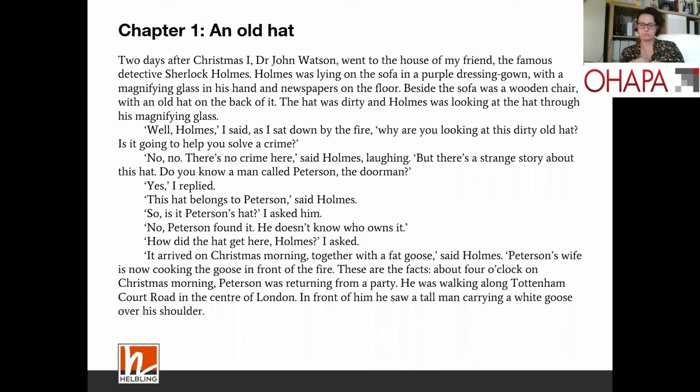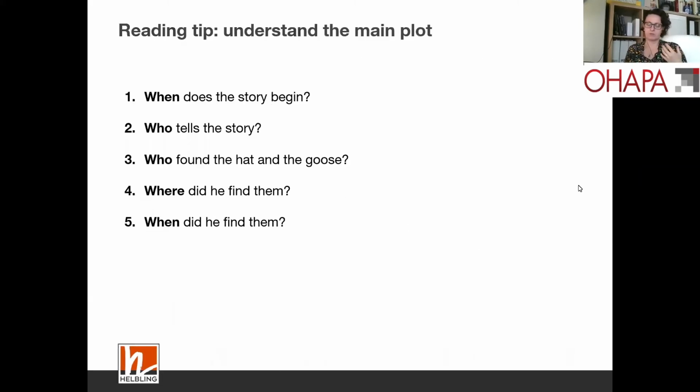at their own pace. Some of them might read slowly. Maybe they want to help each other. And when they have read the text, the first page, give them scaffolding questions to help them get the main information out of the text. So ask very simple questions like, when does the story begin? Who tells the story? Who found the hat and the goose? Where did he find them? When did he find them? And so on. So when you are reading it in class together, and you copy one page for closer reading, you can highlight